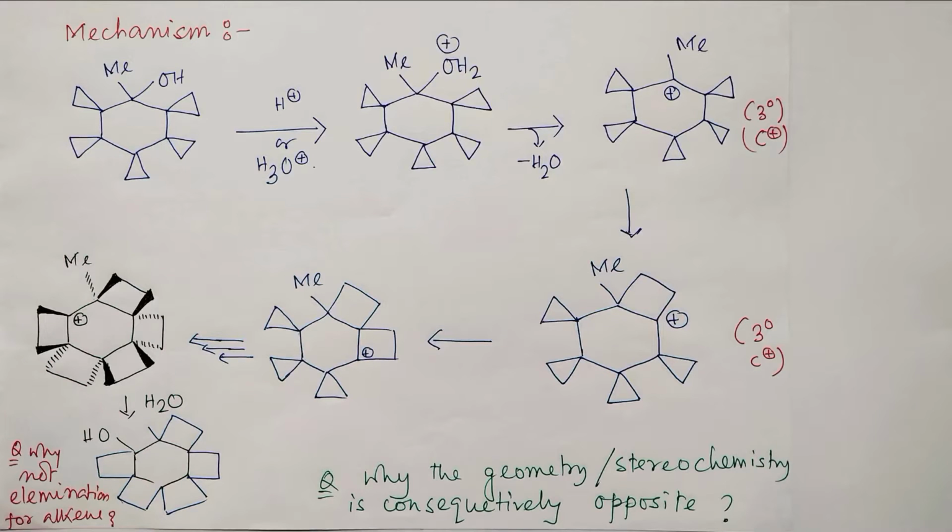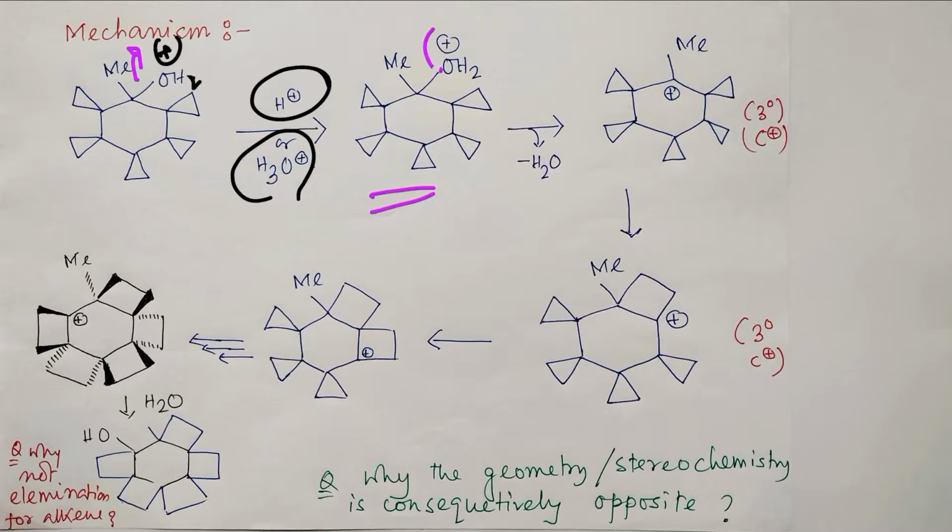Now let's discuss the mechanism. So what happens in the first stage? In the first stage, the tertiary alcohol undergoes protonation, which is present as H3O+ in the medium. After protonation it is prone to elimination, and it results in a tertiary carbocation formation, which is relatively stable. Now if it is relatively stable, well, it will undergo reaction. As I told, if another kind of stabilization is possible after reaction, and obviously this is possible from this cyclopropane ring,